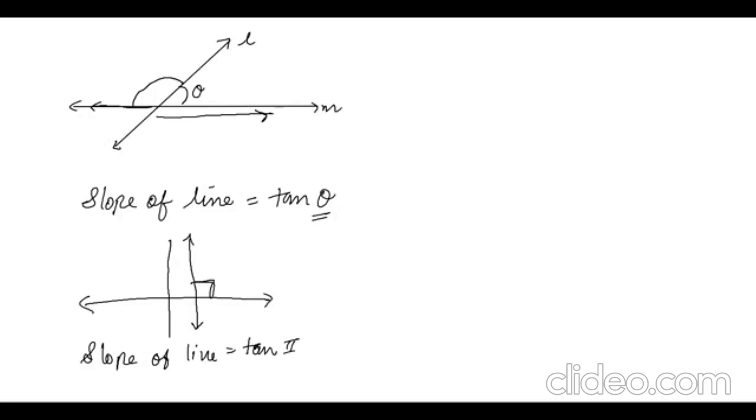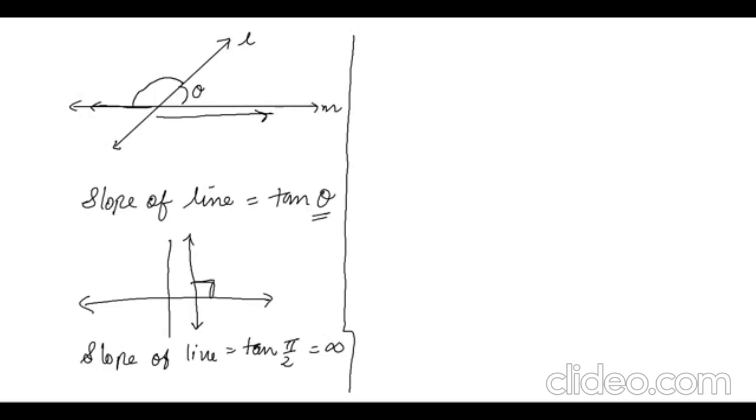So if I keep that as pi by 2, then I know that it is an undefined slope. So always remember that the slope of a vertical line is always undefined, whereas the slope of a horizontal line is always